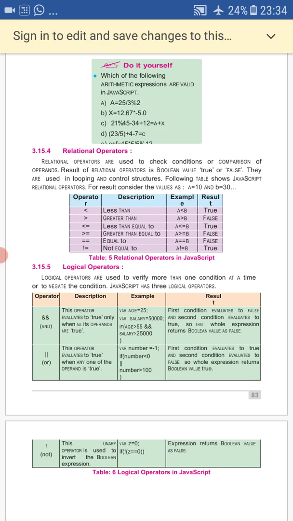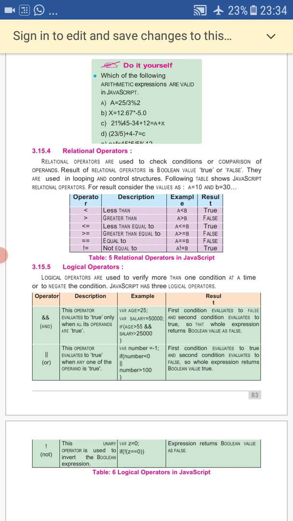Next, the third category of operators is logical operators. Now what is a logical operator? A logical operator is used to generate a logical relationship between two operands, to check the relationship between two variables, and it always generates output in the form of true or false, because it checks whether the relation is true or false.